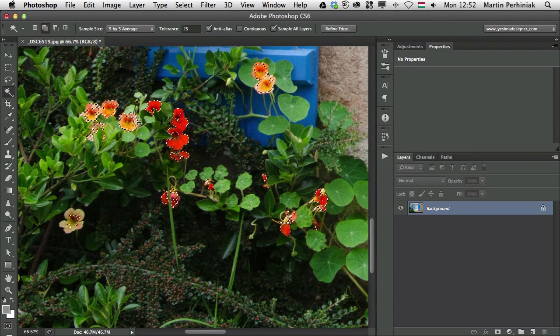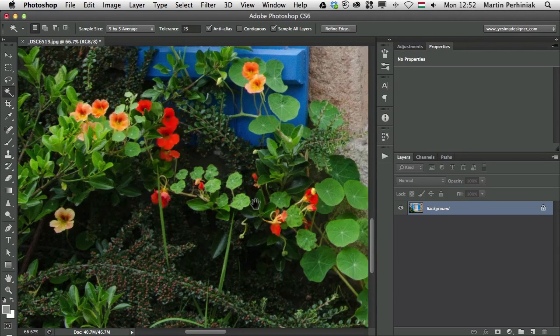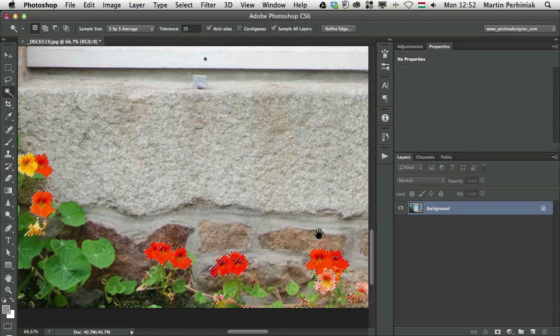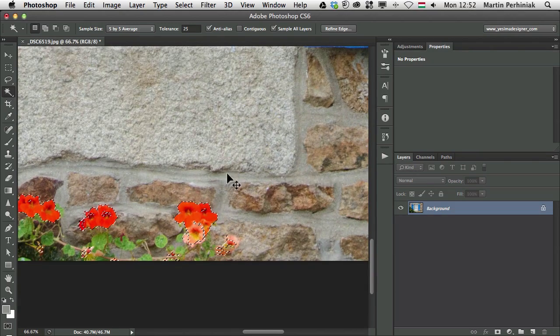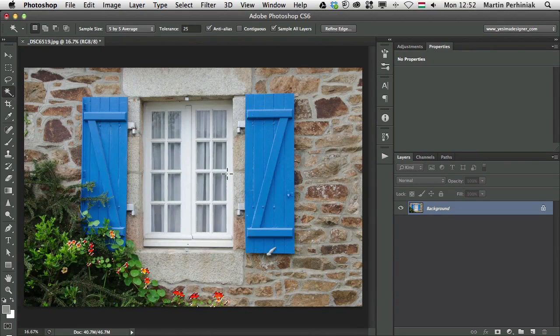So I just need to go a little bit over some of them, and then everything else in the image will start to be selected. So you can see these flowers are almost all selected by just using the magic wand tool and having the contiguous option turned off. So just to make sure you understand how it works, I'm going to deselect these,